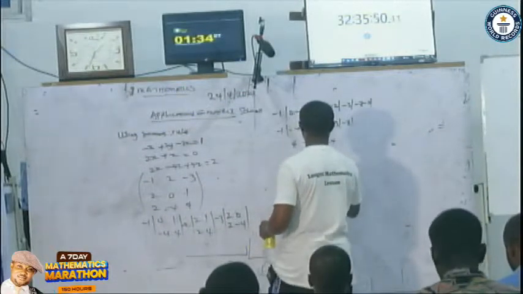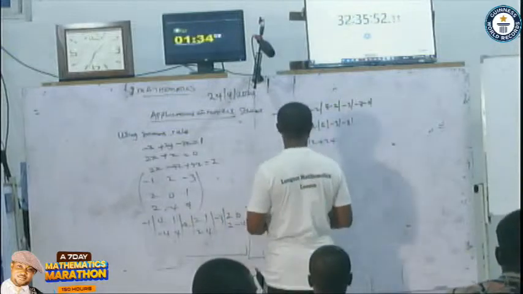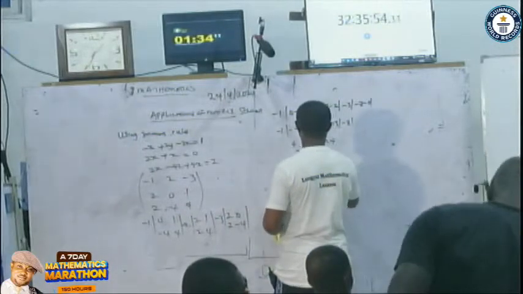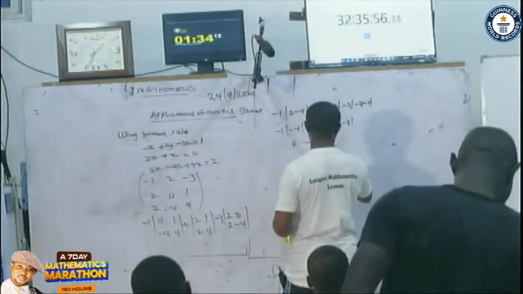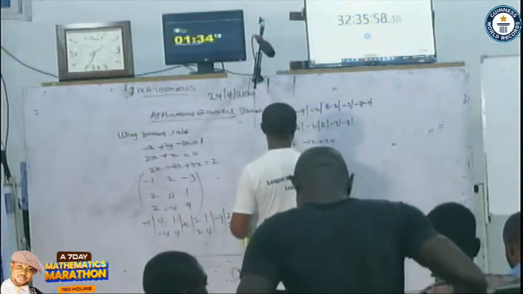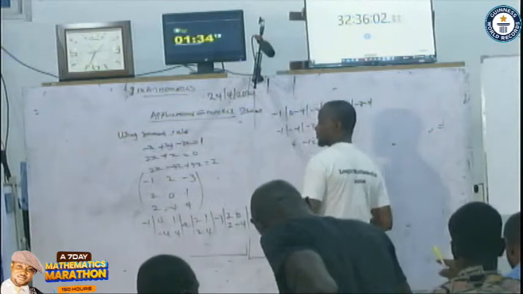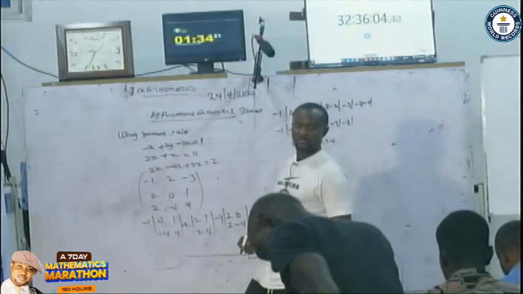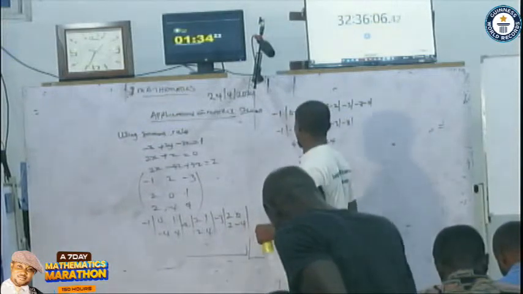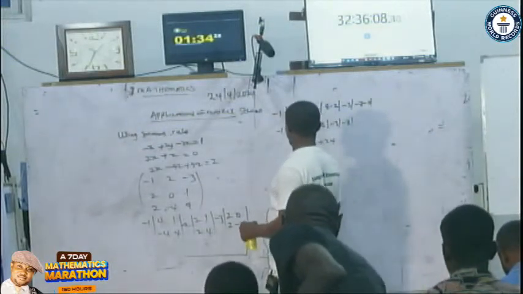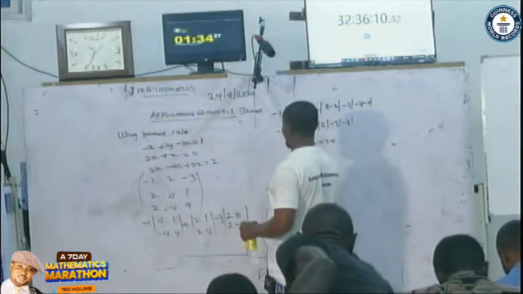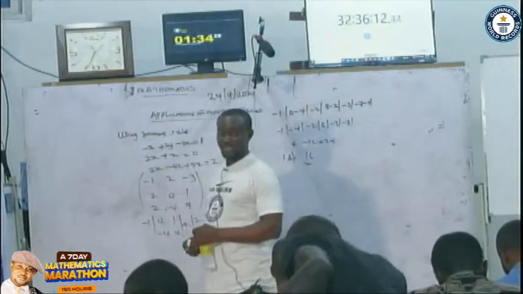So 4 minus 12. If you add 4 with this, you have 28. 28 minus 12 is what? That would be 16. So the determinant is 16. So my A determinant is what? 16. So when you get 16,